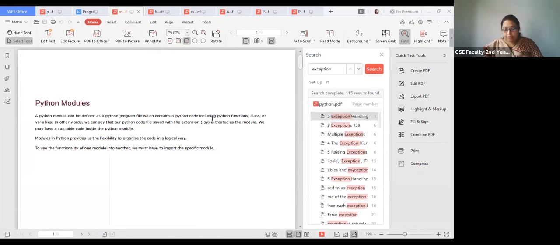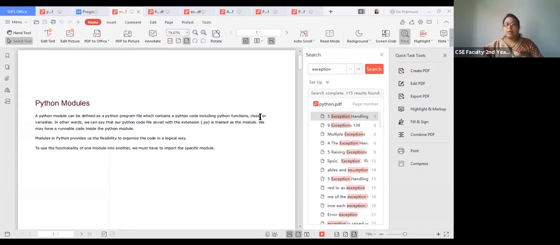So what does that mean? Function, you have already learned how you will create a function in Python, and also the variable. What are the variables you are creating? This is all about the local or global variables. We have already learned, but we have not learned what is the class. Although this one is not in your syllabus, but in advanced Python you will learn what is class.